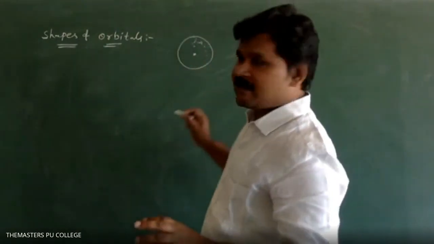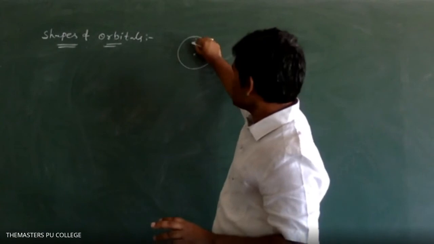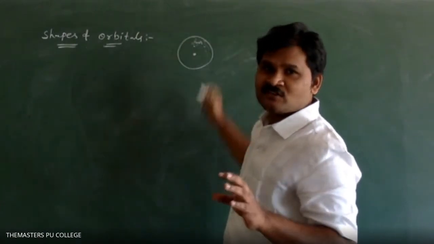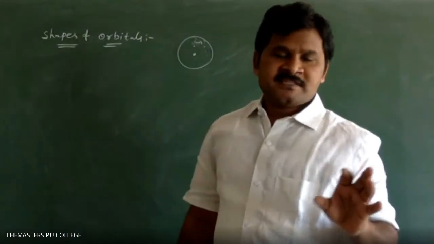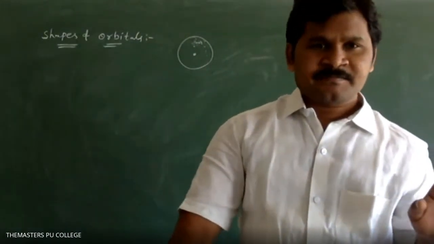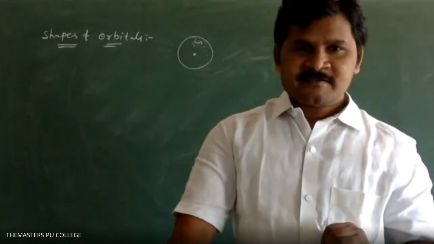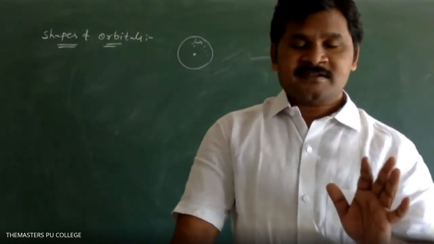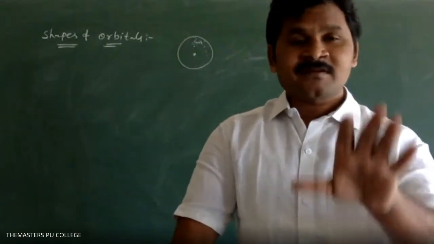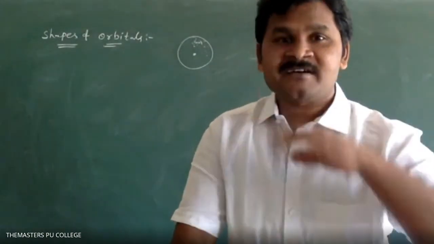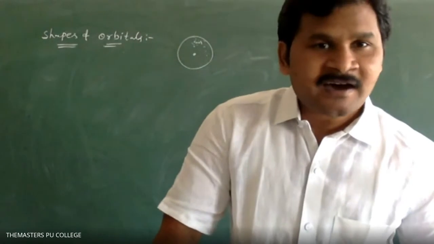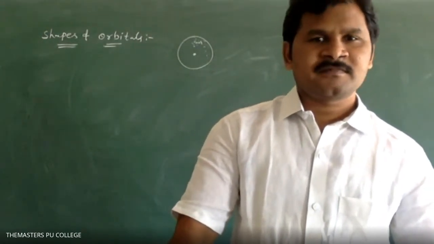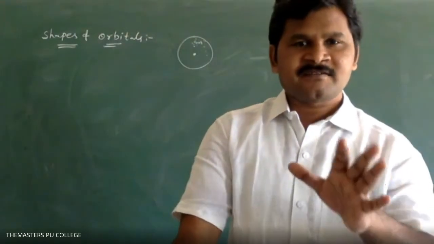See, this is an atom, this is the nucleus. Here I drew some denser, thick zone. The thick zone indicates where electrons are present in the atom. The place where the electron is present in the atom is called the orbital. What is the place? What is an orbital?